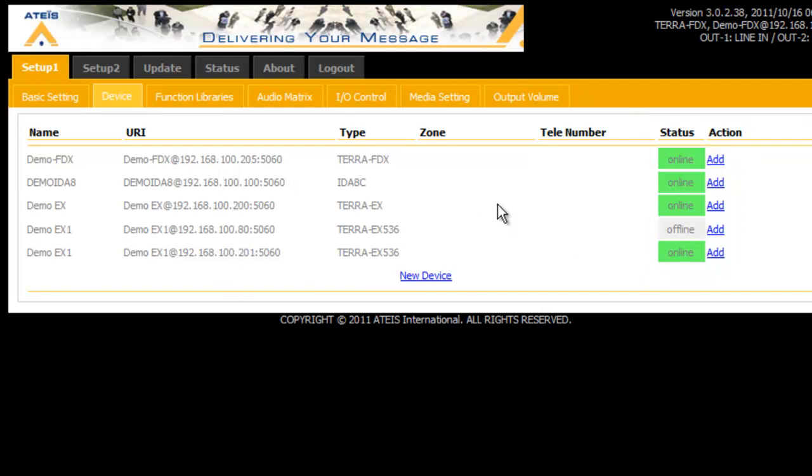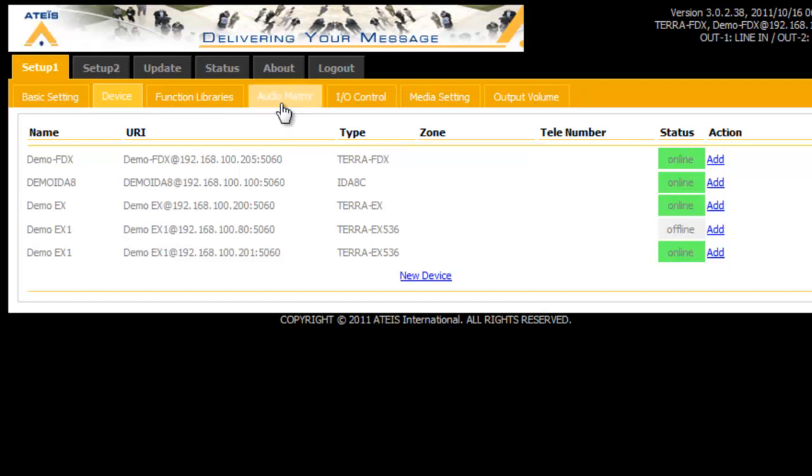Every time you connect to a device, you can go to this device tab and it will search all the other Terracom and ATIS DSP products that it sees on the network and will display them on this list. But what we need to go to is audio matrix, because we are not doing paging to specific points. If we were, I could take an input and route it to a specific device, point to point, to an output, but we're just going to do a regular standard multicast stream.